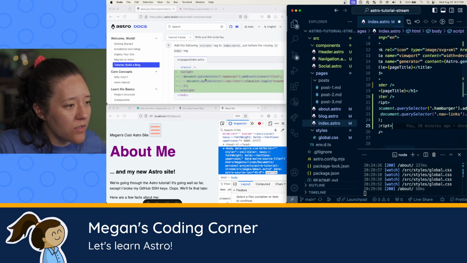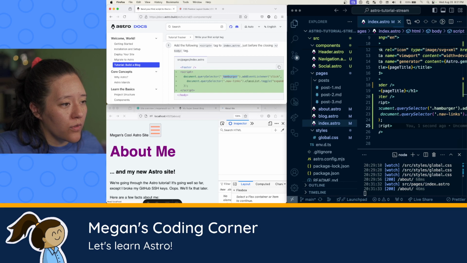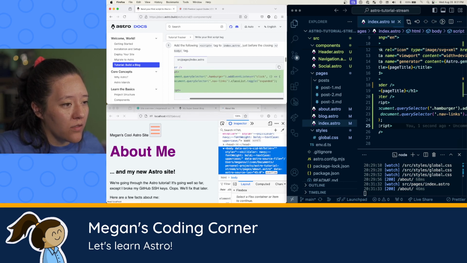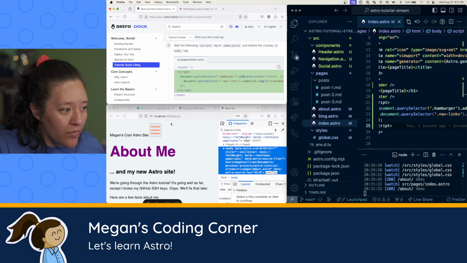All right, so what is this doing? Query selector, so we're grabbing from the page the thing with the hamburger class, and we're adding an event listener to it, so that when it is clicked, okay, so when the hamburger element, when this button that we made is clicked, then